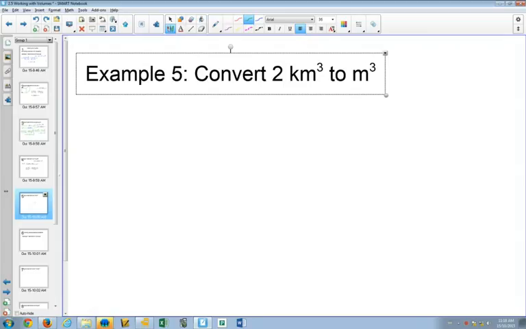Now I'm not going to draw a kilometer cubed. A kilometer cubed would be going 1 kilometer in one direction, 1 kilometer in another direction, 1 kilometer high, and making a cube. That would be very big. They use those kinds of measurements when they're measuring how much water is in a lake, because lakes hold a lot of water, or how much water is in an ocean. Then they use these larger measurements like kilometer cubed. So if you have 2 kilometer cubes,